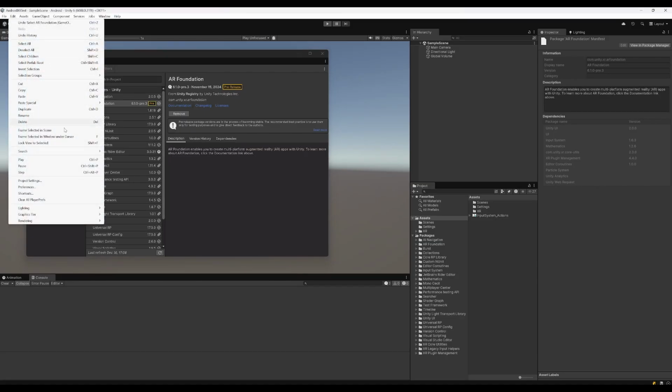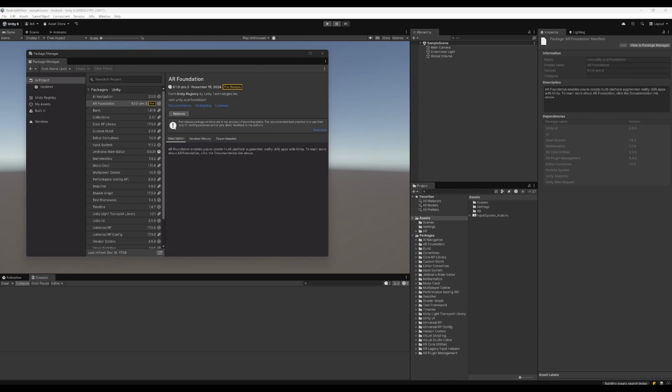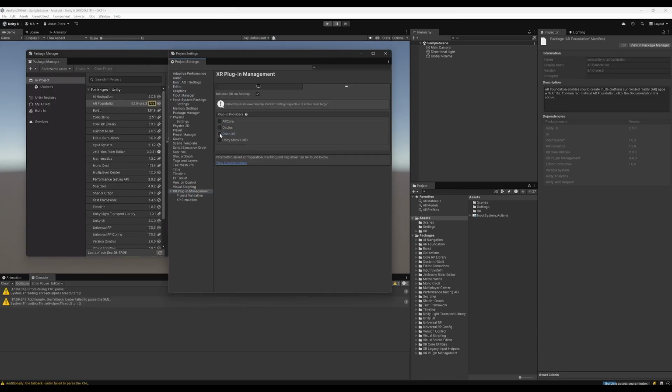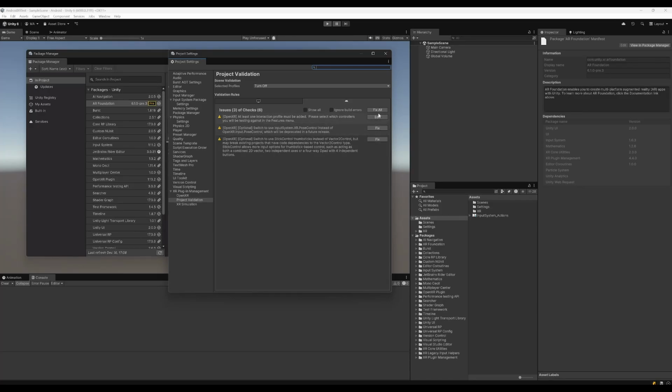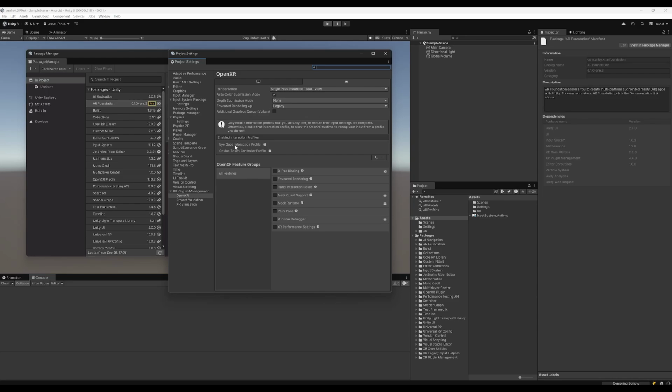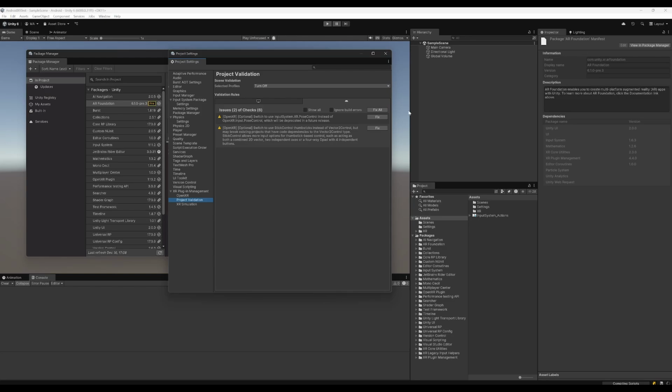Go to Edit, Project Settings, XR Plugin Management, and select OpenXR. Let's click on Fix All, and you see that nothing will happen. So go to Edit, add the interaction profiles for eye gaze and Oculus touch controllers. Here they are. And foveated rendering API to SRP foveation. That's looking good, but you see there is no OpenXR feature group yet, but we can click on Fix All